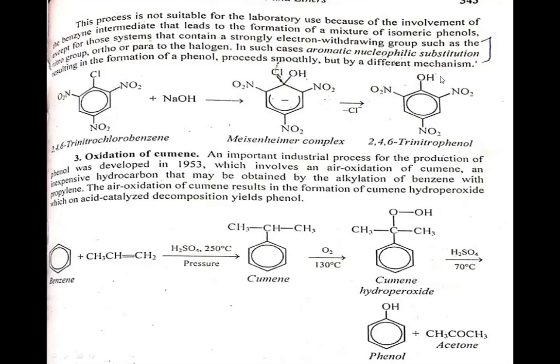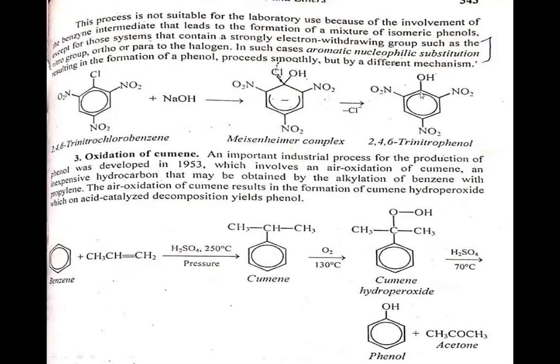phenol is formed. Now in this case phenol is formed but by another mechanism. This is not similar to the formation of benzene. Okay, this method is followed when there is a strong electron withdrawing groups present on benzene ring. Whenever strong electron withdrawing groups are present on benzene ring, this mechanism will be followed. But if electron withdrawing groups are not present on benzene ring, then hydrolysis of chlorobenzene is followed by the formation of benzyne